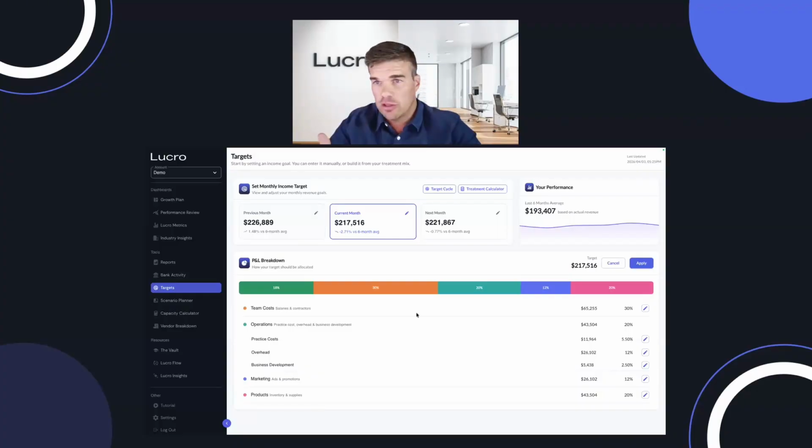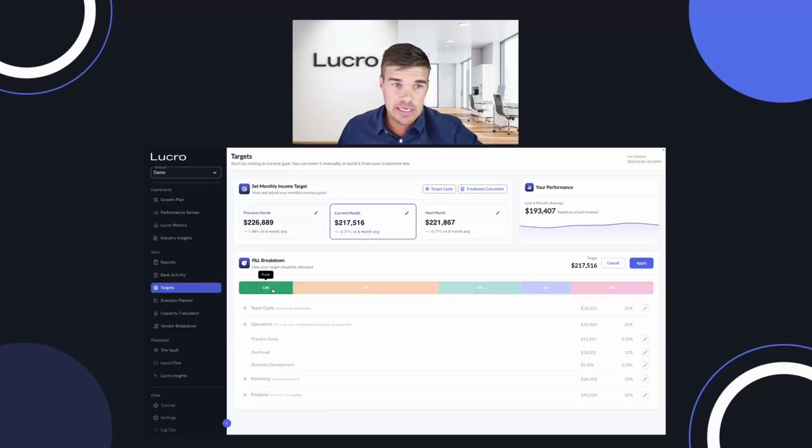Okay, so yes, we've got this projection, but we maybe want to change a few things. We want our team costs to maybe be 35%, and then you'll see profit now goes down to 13%. The perfect P&L is a 100% bucket. We've explained this many times. It's not magical. It doesn't have hidden pockets or